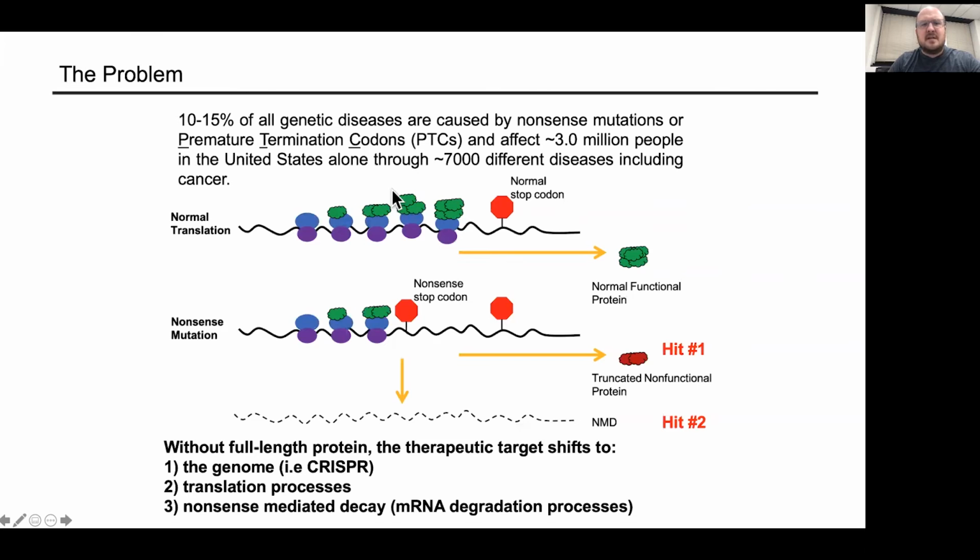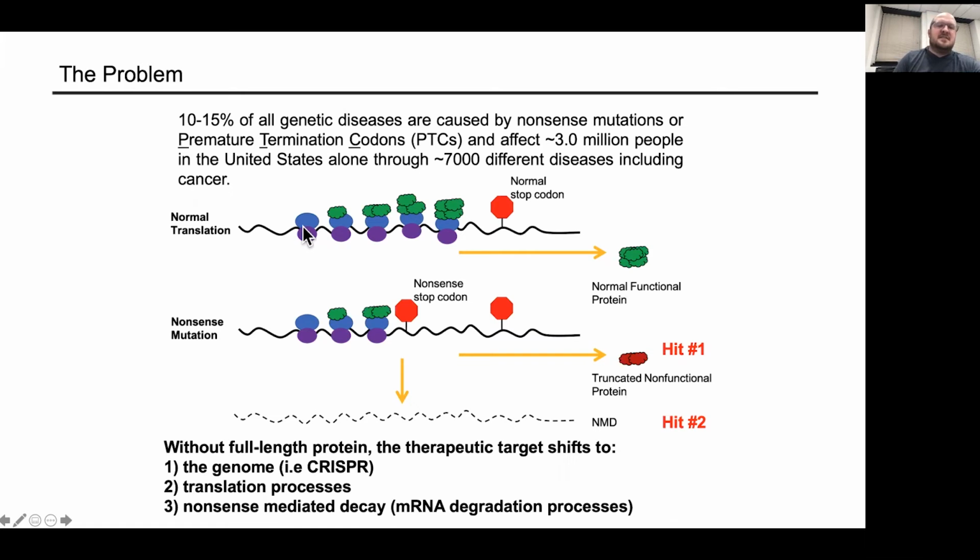So 10 to 15% of all genetic diseases are caused by nonsense mutations, also referred to as premature termination codons or PTCs. PTCs affect about 3 million people in the United States alone and are the cause of about 7,000 different diseases, including cancer. So here I have a schematic of the normal translation process where the ribosome binds the